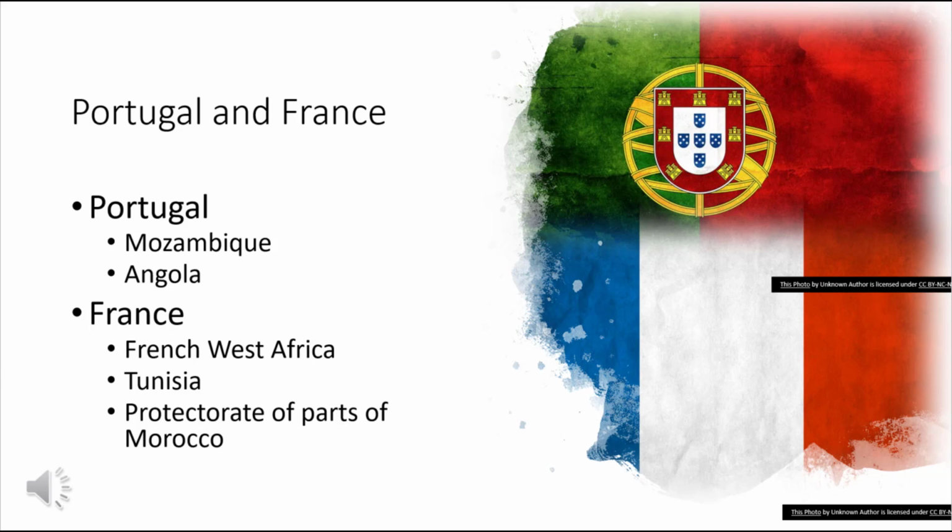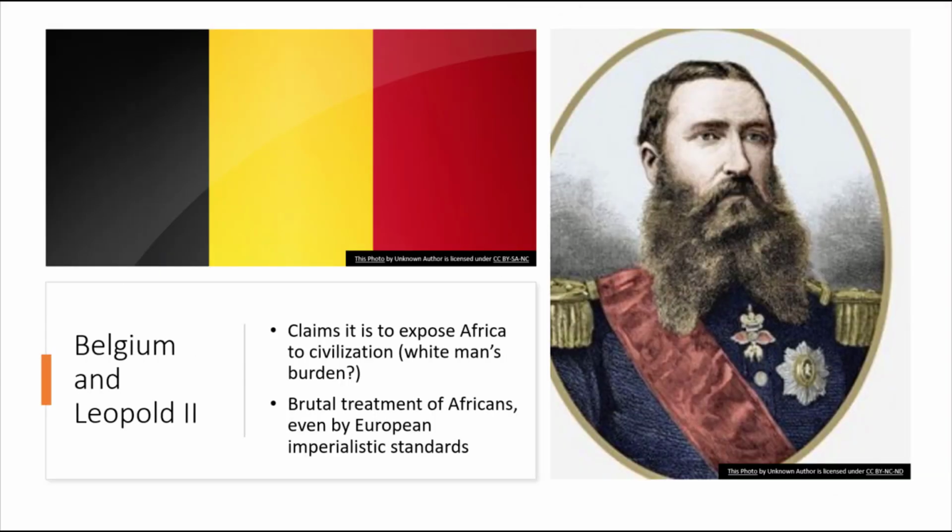But if we get there, we get there. Okay. Belgium and Leopold II. This is someone who I can't imagine, like, as bad as it is how Europeans treat Africans during imperialism, this guy is like, hold my beer, because he takes it to the next level. Like, he's acting in ways that are so, the treatment is so savage that other European nations are like looking at him like, bro, you gotta stop that stuff, because you're giving us a bad name.